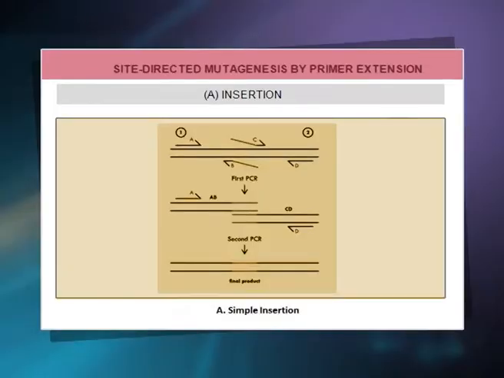These internal primers contain the desired mutation and will hybridize to the region to be altered. During the first round of PCR, the AB and CD fragments are created. These products are mixed for the second round of PCR using primers A and D. The complementary ends of the products hybridize in the second PCR to create the final product AD, which contains the mutated internal sequence. Longer insertions can be incorporated by using specially long primers such as oligonucleotides.